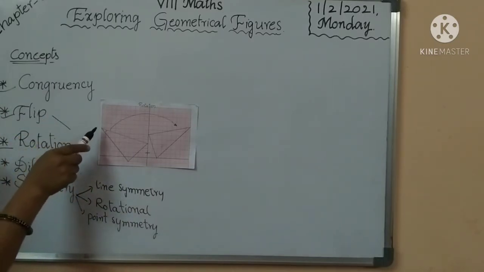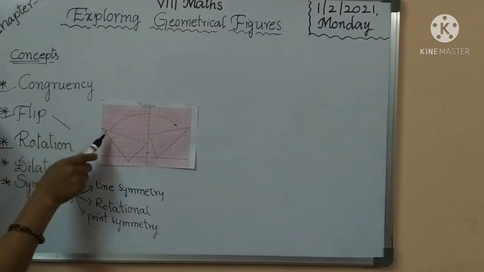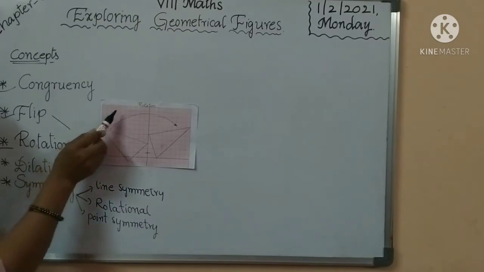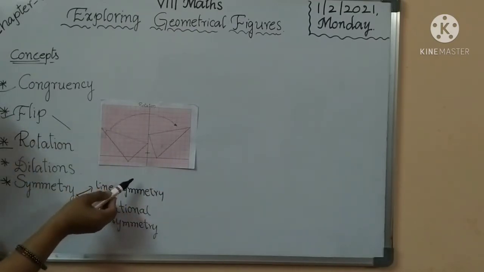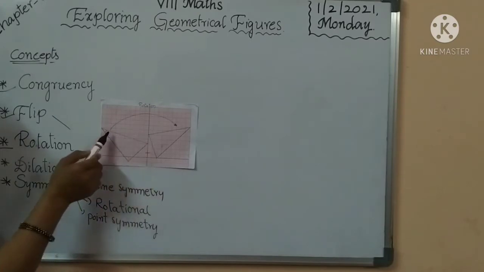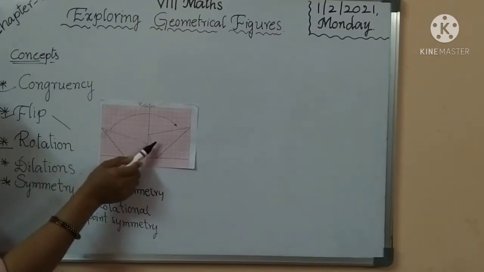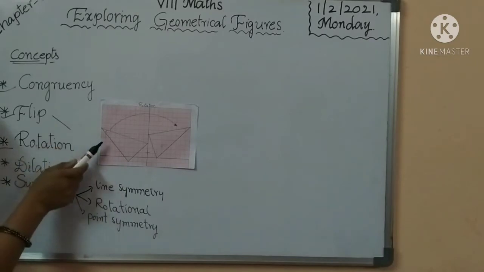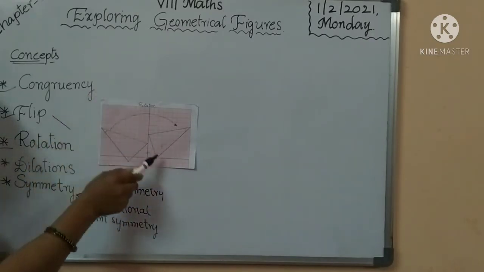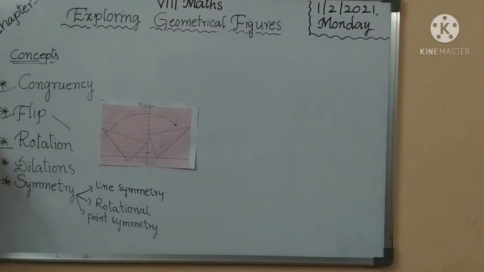Okay children, the distance from the center to any point on the shape stays the same. Here we take the triangle shape, rotate around the figure, it stays the same shape. Does it change to a rectangle or a square or a polygon figure? No, it is the same shape. Even if we take the triangle shape and rotate the figure, the same shape stays. Okay children, did you understand?